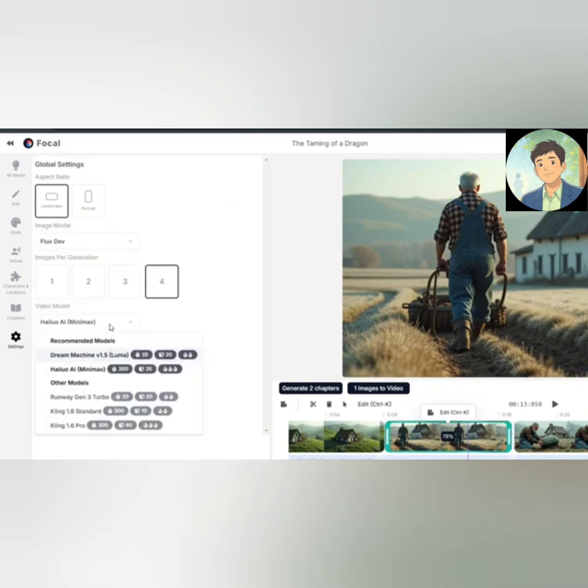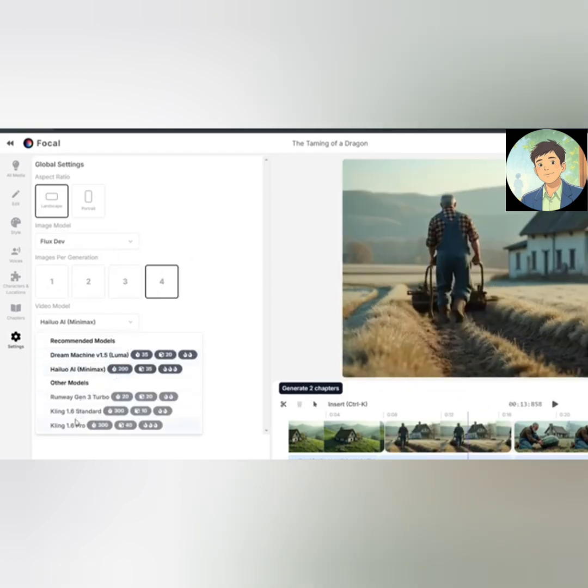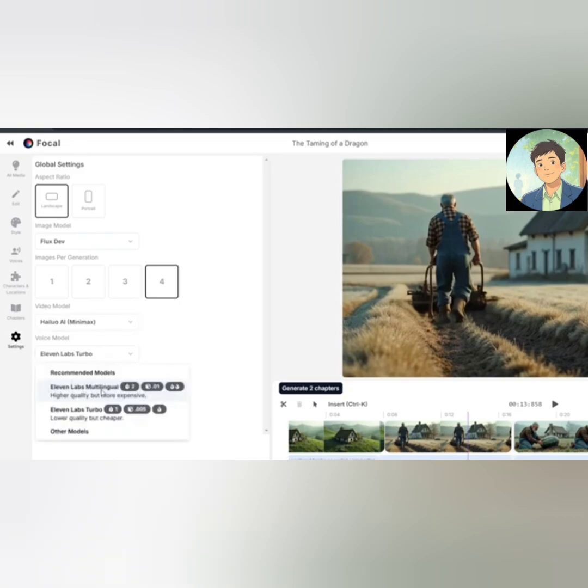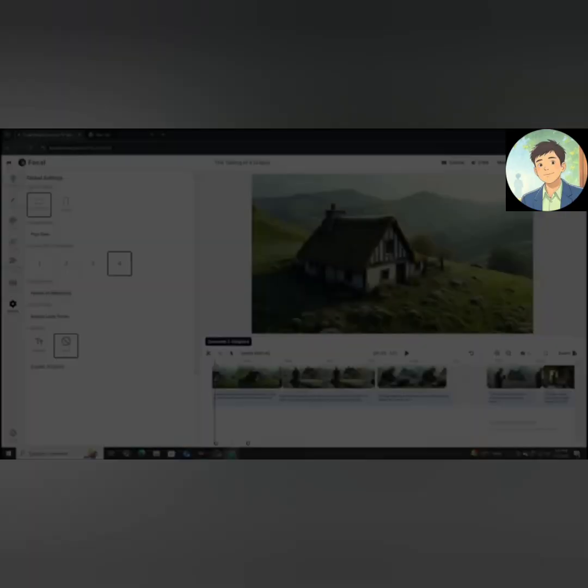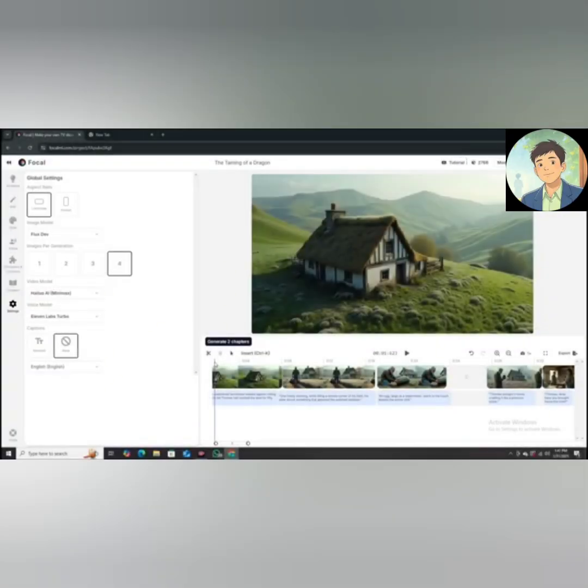Then we have every single famous AI video generation model. So you can use Luma's Dream Machine, Minimax AI, Runway ML Gen 3. Then we also have Kling AI's standard version and the Pro version. So it all depends on you which one you want to choose. Then we can also select the audio model. By default this is the 11 Labs multilingual model. You can also switch to the 11 Labs turbo model. It depends on you. Alright, so our clip has been animated, and if I play this one more time, you can see